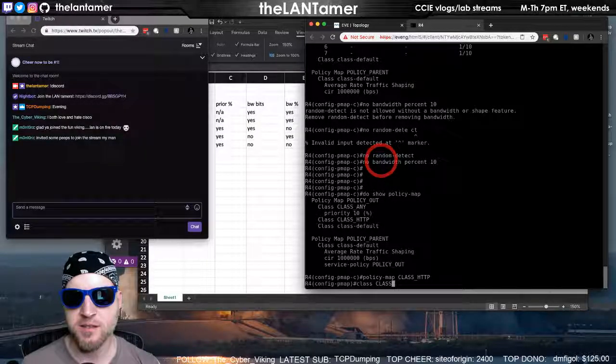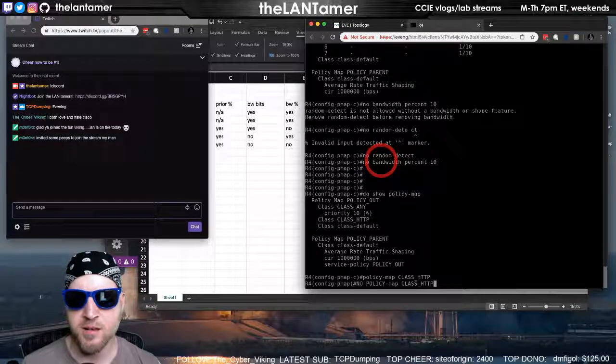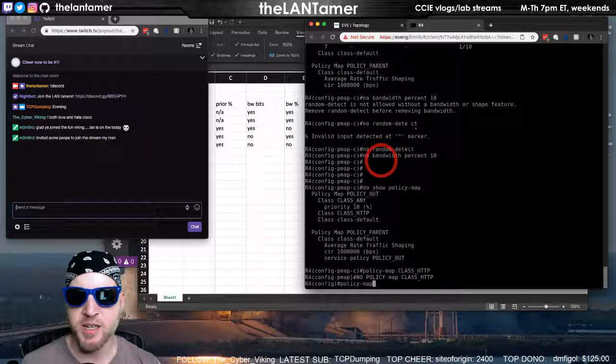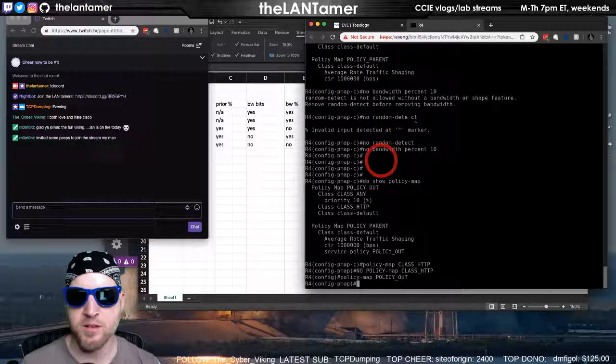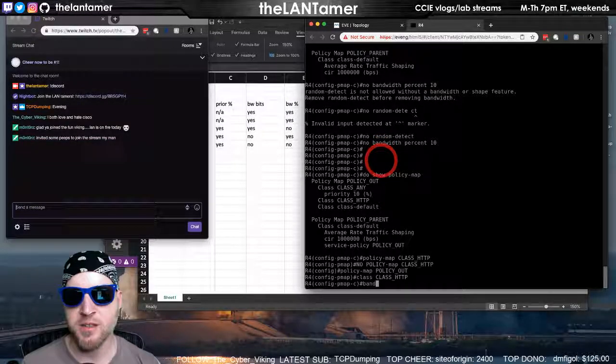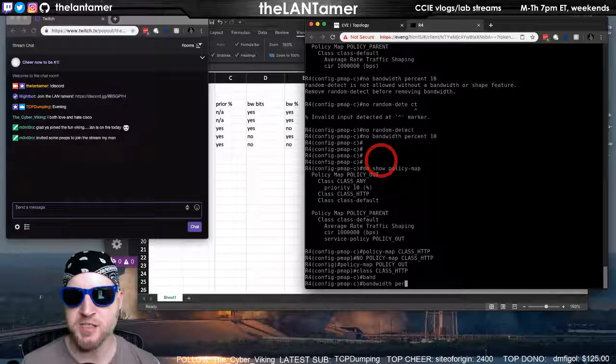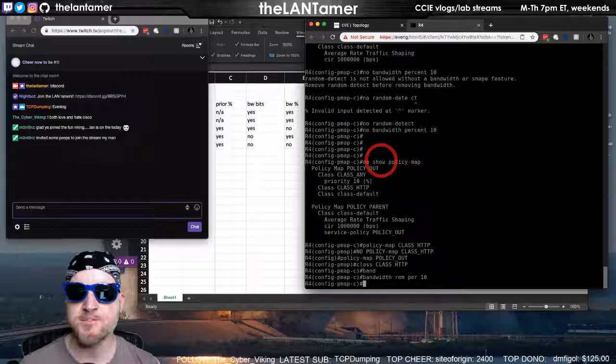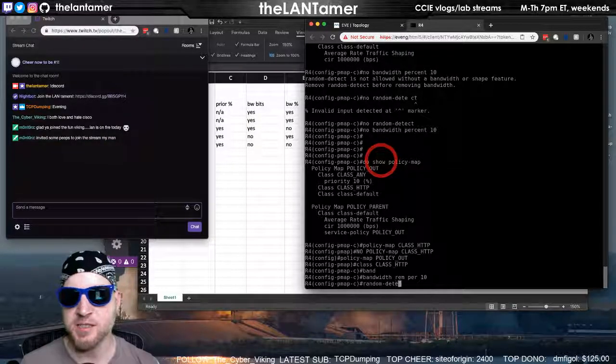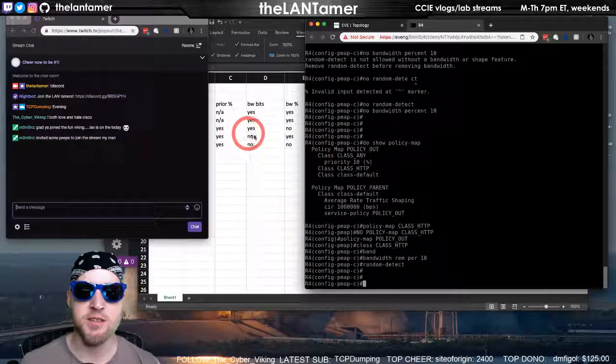No policy map. Policy map, policy out, class HTTP, and with bandwidth percent or remaining percent 10, random detect. Yep, works there.